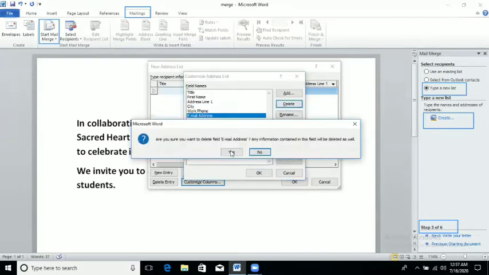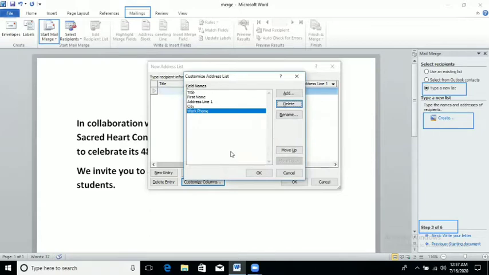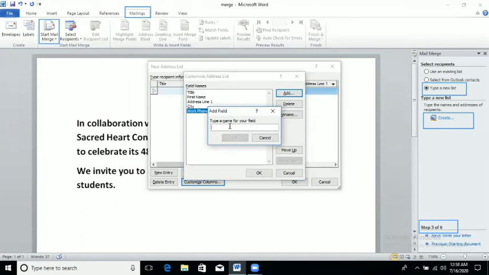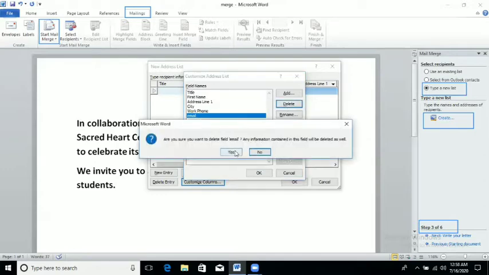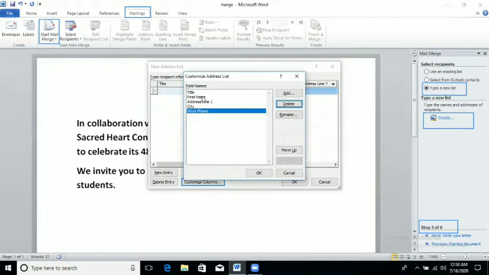If I want to add a new column, just click on the Add button and then write it here, whatever you want. Again, I want to write the email address. I have written email. You can see it here. If you want to delete it, go to the Delete option. If I want to change the name, in place of first name I want just name, or in place of work phone I want to write phone number.